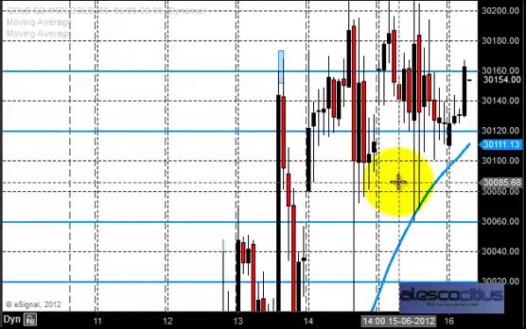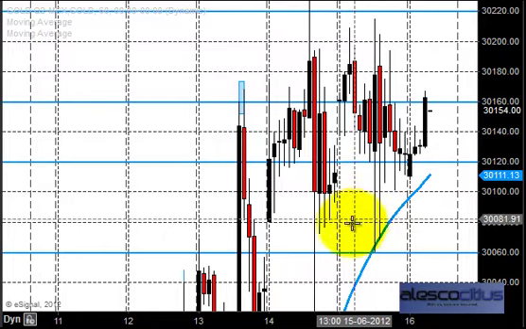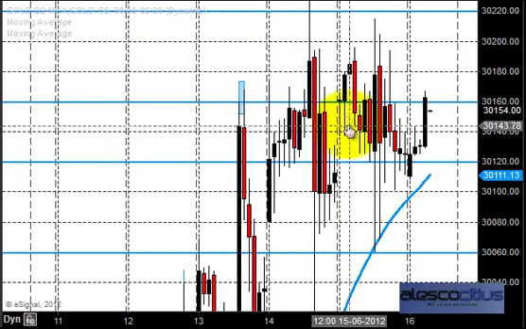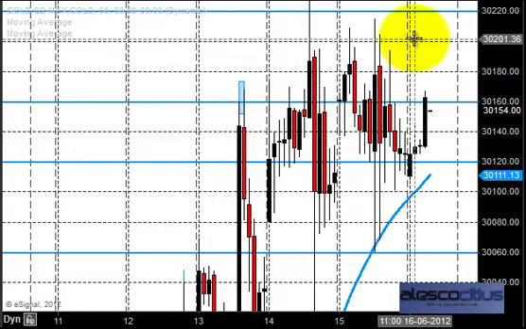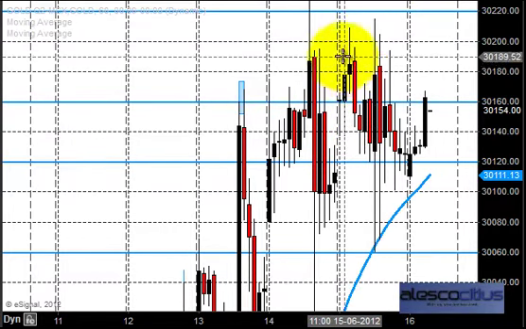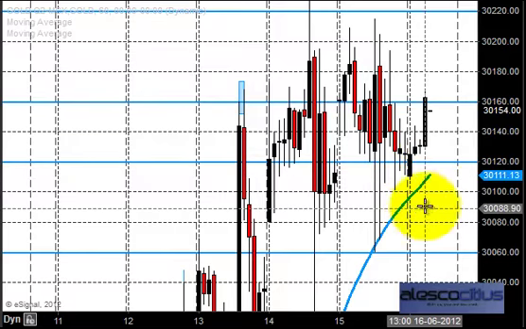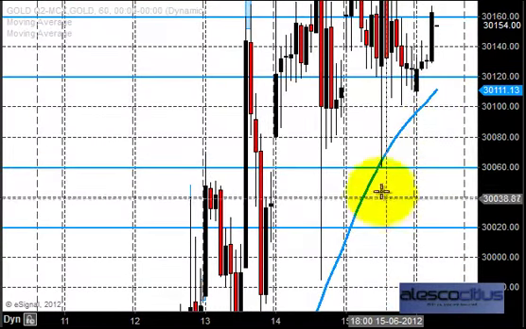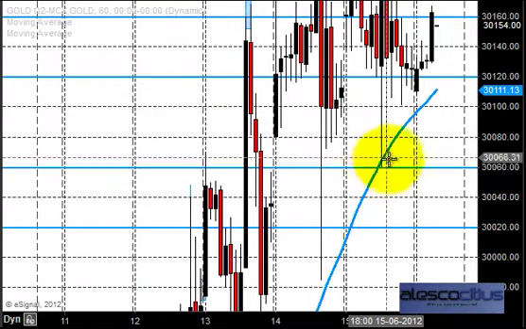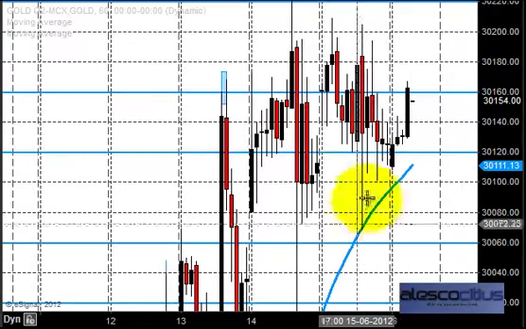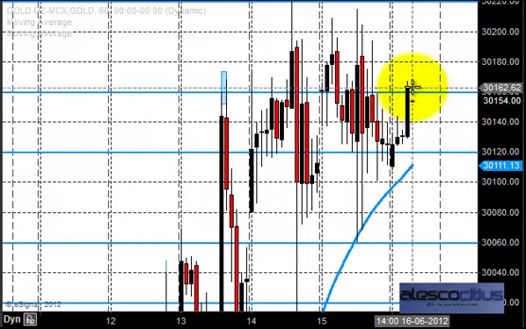So again the same thing happened. After the huge selling in the previous week, the market again entered 30,160 to 30,220, and there was a huge consolidation with the trend. And you may notice that 30,160 provided some support on Friday, which pushed the market, and it closed around 30,160 on